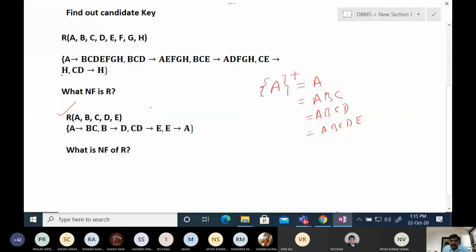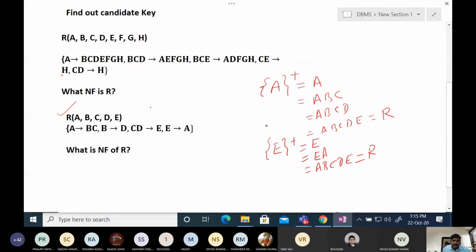Now if we find out the closure of E, then with the help of E we will get A, and through A we will determine all the attributes. So here also A, B, C, D, E, and this is R. Both are candidate keys. And the third one,